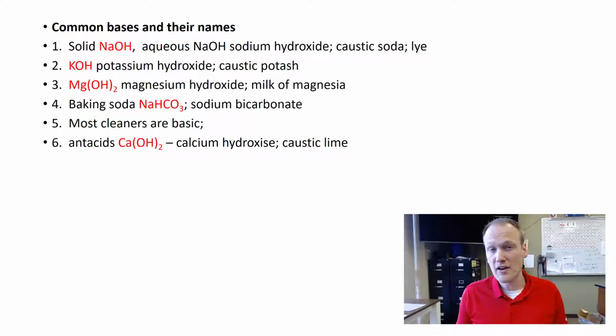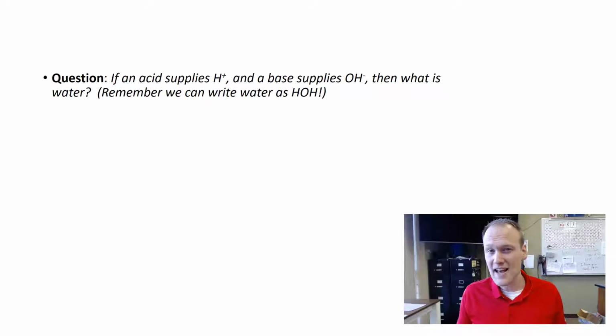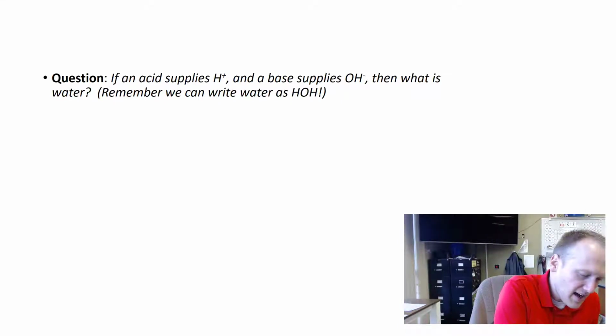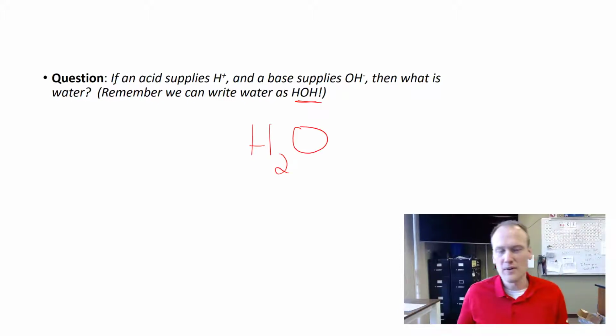Baking soda, or sodium bicarbonate, is used in baking, and that's a base, as well as antacids, which have calcium hydroxide in them that help neutralize stomach acid. So if we mix an acid and a base together, we typically can neutralize or get a solution that's close to neutral. Why is this? It's because the H+ ion from the acid will combine with the OH- ion from the base and give us HOH, or H2O. This is why water on the pH scale is exactly 7, which is neutral.